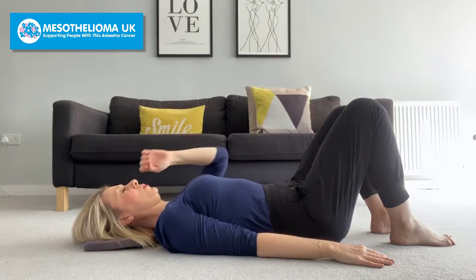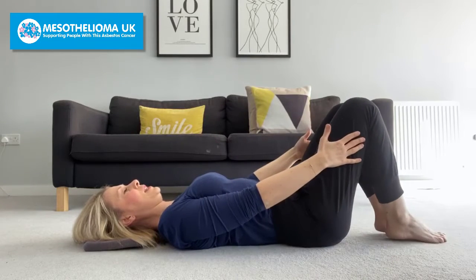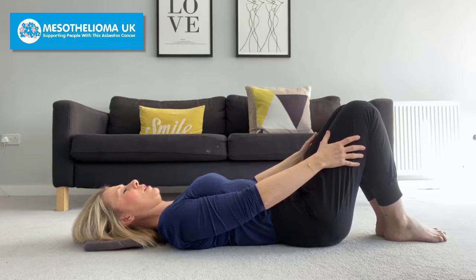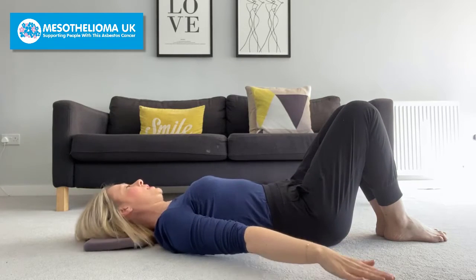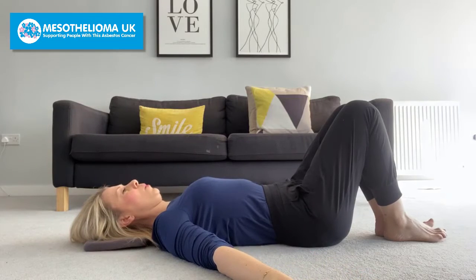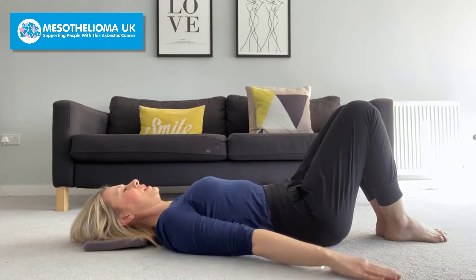From here, we'll do a couple of hip rolls. So bring the feet and knees together this time. So we've come out of our hip distance, so our inner thighs are connected. The arms are just down on the floor. This time you can take them a little bit wider than the side of the hip,